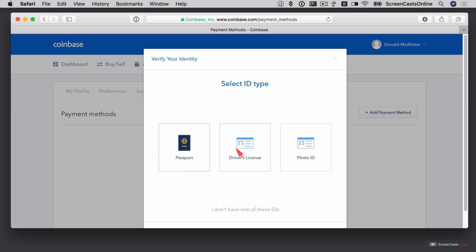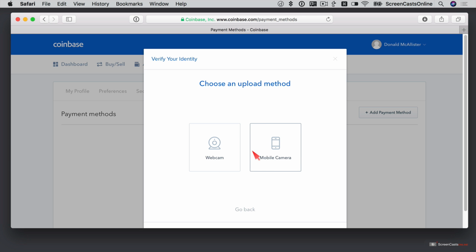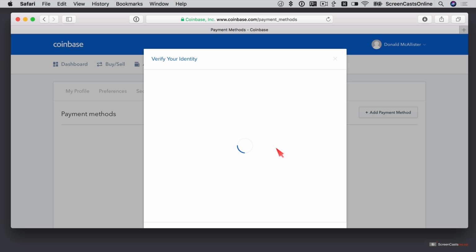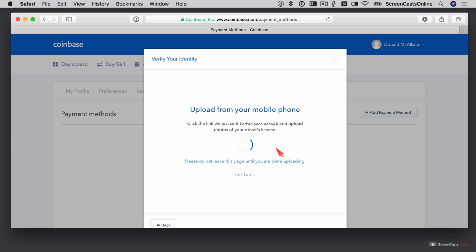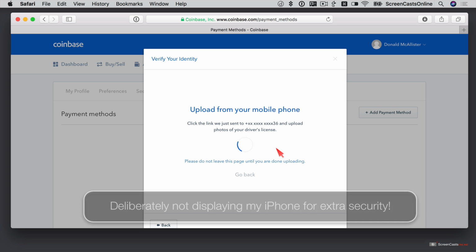I can use a passport, a driver's license, or photo ID. I'll go ahead and use my driver's license. I'm going to use a mobile camera. So across on my phone. Now I won't, of course, show you this. I'm going to do this offline. So on my phone, there's a link to tap. I tap the link. It prompts me to take a photo of the front of my ID, and then a photo of the back of my ID, and then a link to complete my verification. So if I tap that,